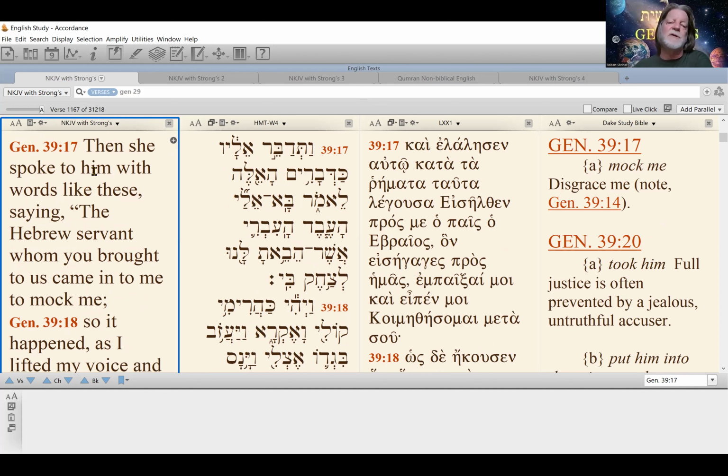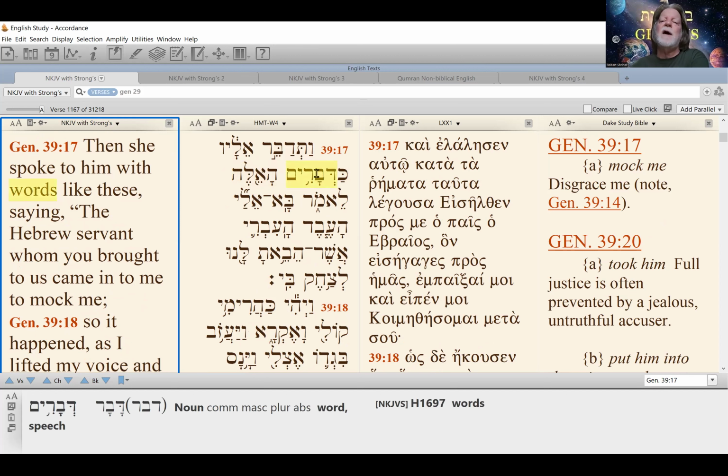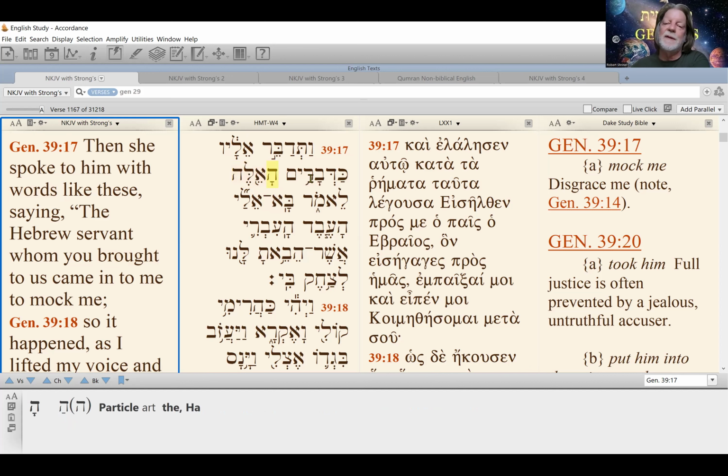This is a Hebrew phrase with words like these. It's probably ka'ela. Oh, it's ha'ela. Okay, like kedavarim, like words, like these words. It's an interesting phrase in Hebrew, and what you could draw from that as you're interpreting the Bible, if you